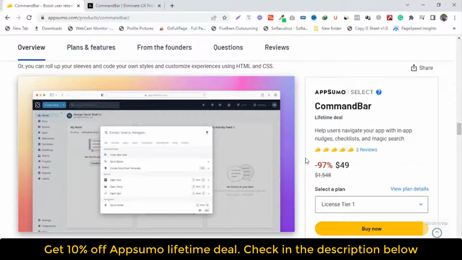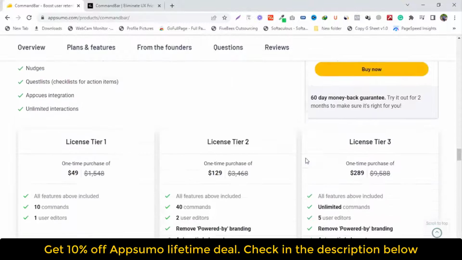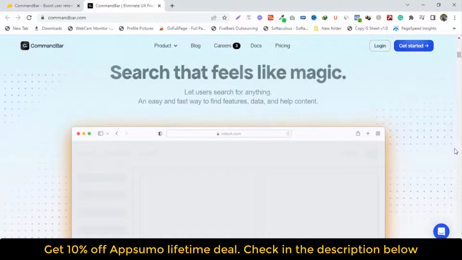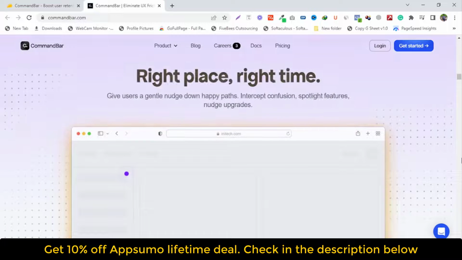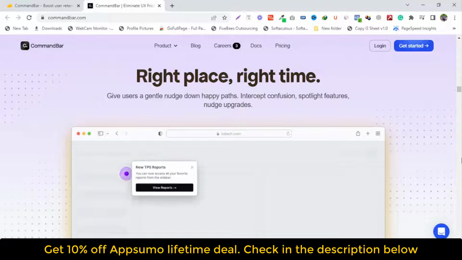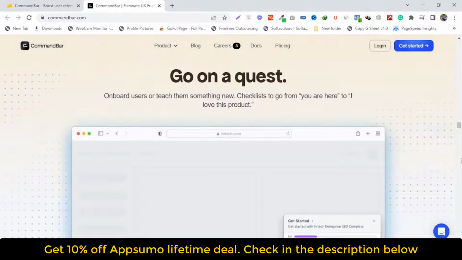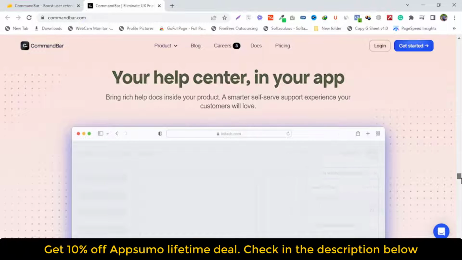their UI. Using Command Bar's Help Hub widget, you can make your help desk accessible and save users the trouble of scouring the internet for solutions. The widget supports natural language search, which means users can find exactly what they need with general keywords. You can even respond to user inquiries with the GPT-3 integration to cut down on the workload for your support team. And because Command Bar's in-app help desk integrates with popular platforms like Zendesk, WordPress, and Freshdesk, it'll easily fit into your